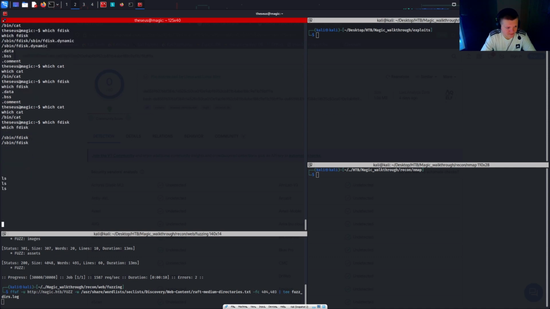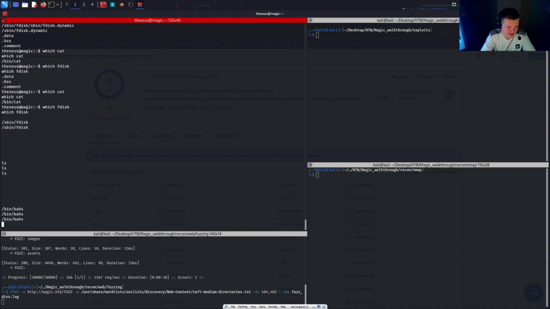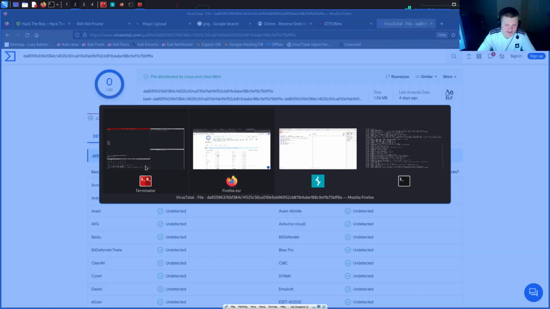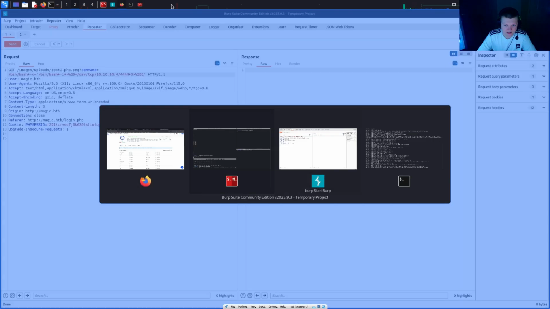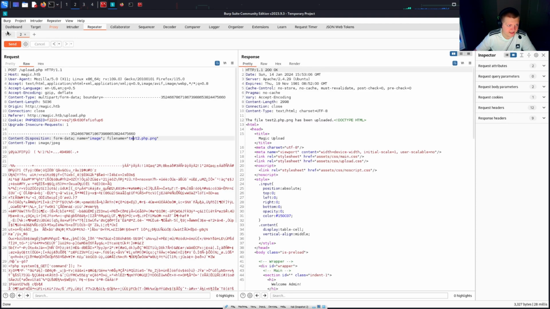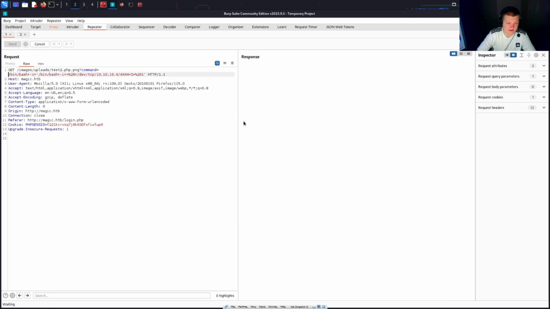Can I just bin bash this real quick? Can I get this bin bash? Okay, I'm going to have to kill this shell, and then I'm going to do this again. I'll quickly get back to where I was. I'm guessing, yeah, not found. I'm going to upload this again, and then I'm going to send this again,